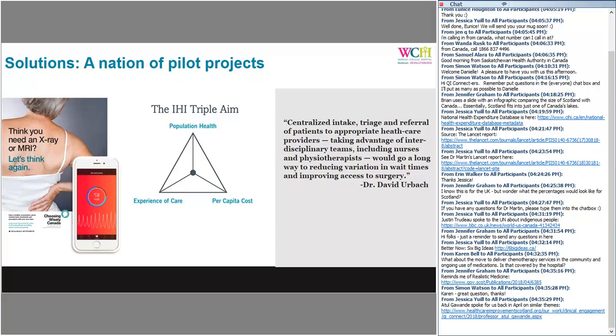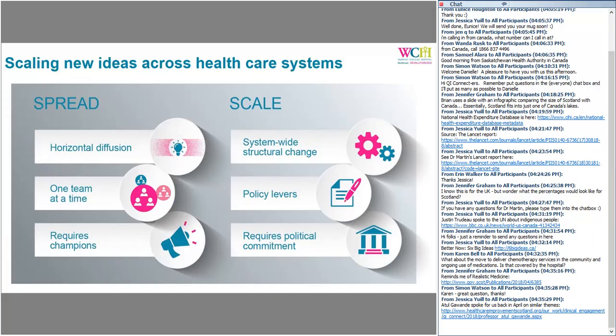And if we think back to those three big challenges, wait times, access to services outside the Medicare basket, and improvement primarily but not exclusively through the social determinants of health for Indigenous peoples, all of those things require that kind of reorganization of resources. And the pilot projects are happening all over the country. But the problem in Canada, therefore, is not about innovation. The problem is about the spread and scale of that innovation,